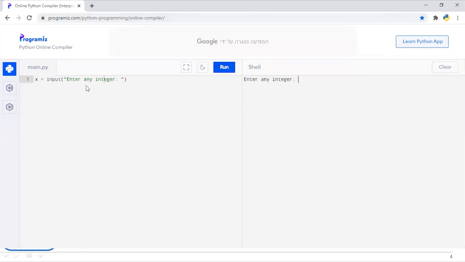But as you know, this input function will create an integer in the form of a string. So you need to change it into the form of an integer. We can do this by writing int before this input and then run it. Now if you enter any integer such as 8, enter it. So that's working fine, the Python shell is accepting it.